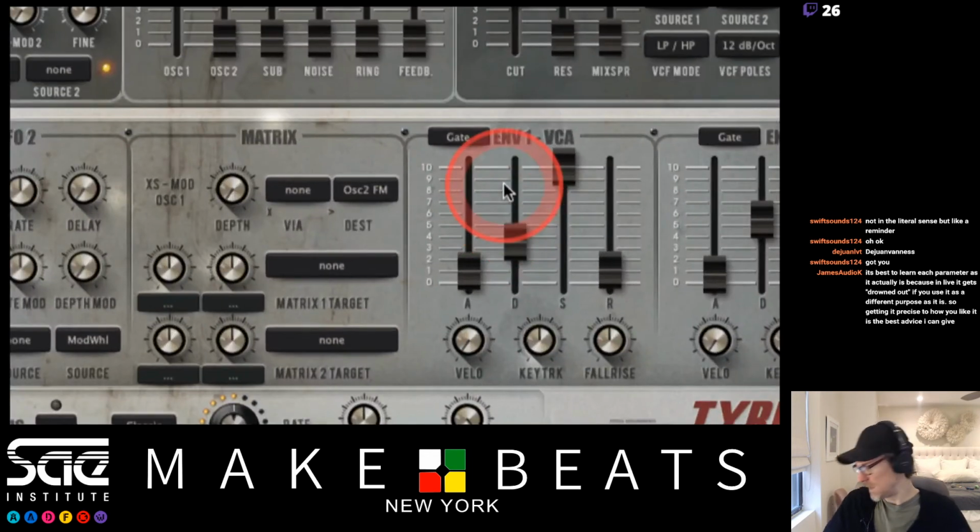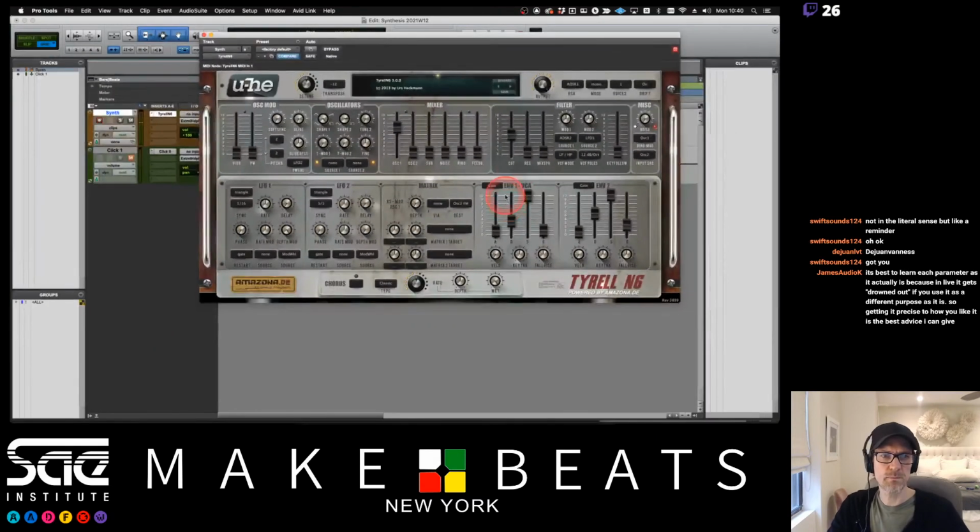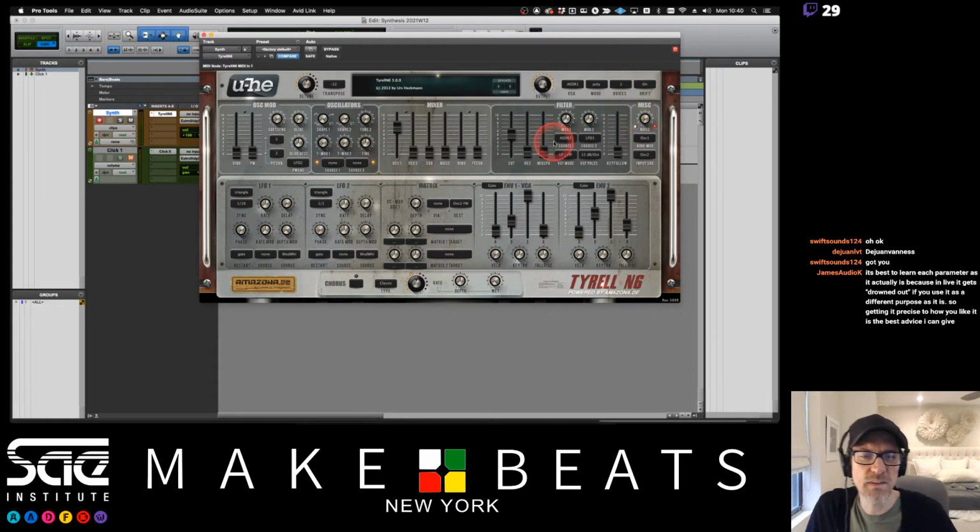One, if you have a lead sound, or if you want to make some kind of pad string sounds, we need to have the sustain be up pretty far. If you want to make an 808 bass sound,